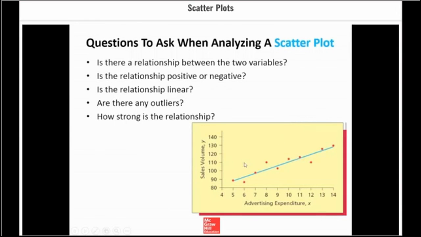And then finally, how strong is the relationship? And this is how tightly do the points in the plot cluster around the pattern that you see. And here I'd say this is a fairly strong, or reasonably strong, relationship, because while the points have some scatter to them, they cluster around that line fairly